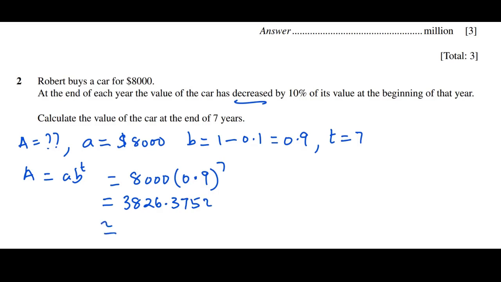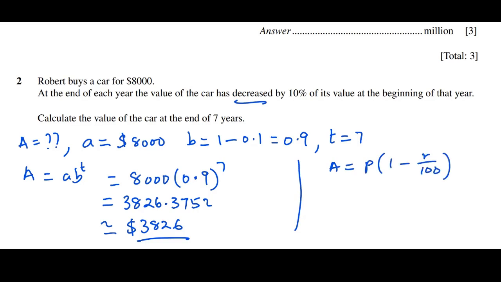So because this is money, we can leave it to 2 decimal places. We can leave it whichever way, and we have this. Of course, if we decide to use this, we'll still get the same thing. All right. So we are going to get